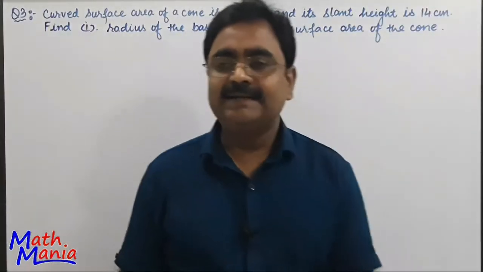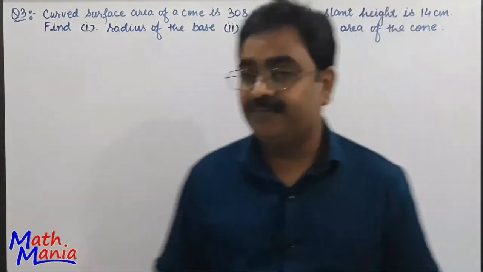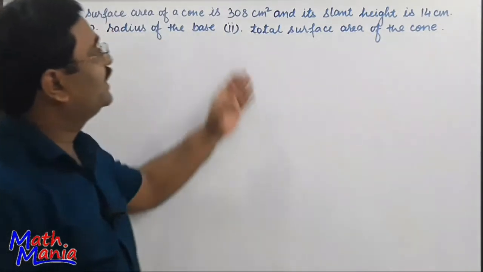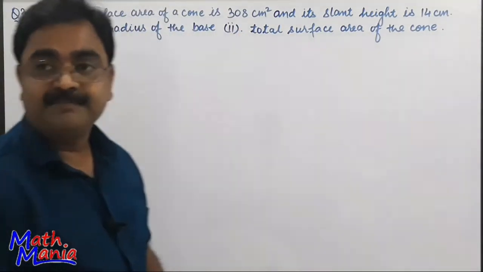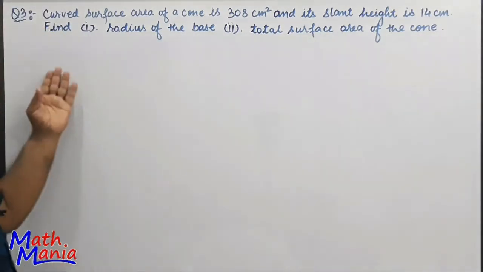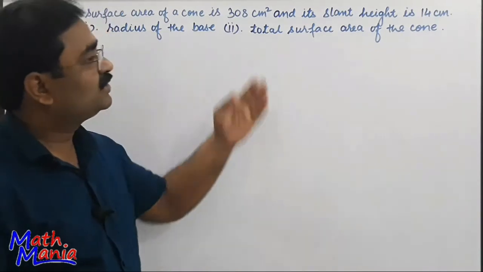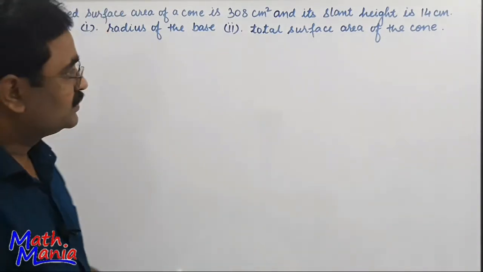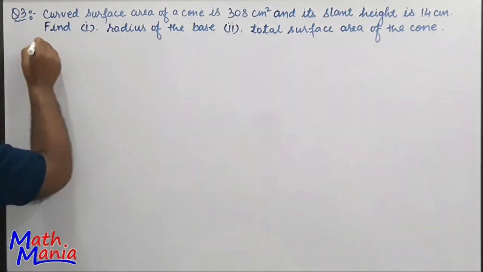So friends, let's see the third sum of this exercise. In this it is given curved surface area of a cone is 308 centimeter square and its slant height is 14 centimeter. Then find radius of base and the total surface area of the cone. So let's start. As the information in this question, it is given that